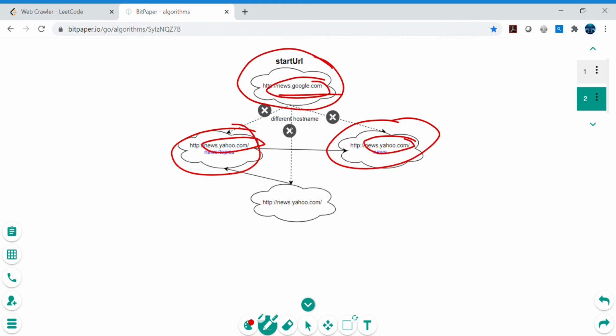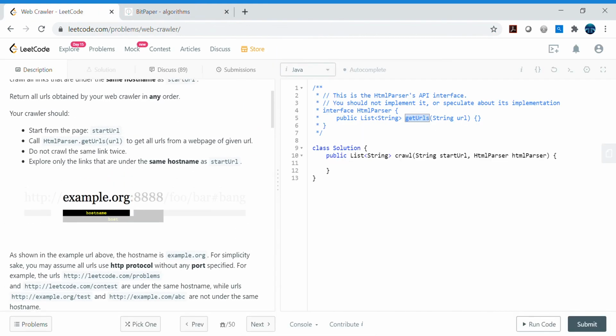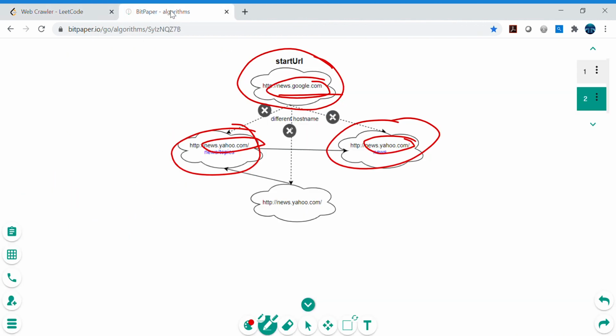So the host name is different here. The host name should be the same as the start URL. So see this bold part in the requirement, that we need to follow. It is not the same.